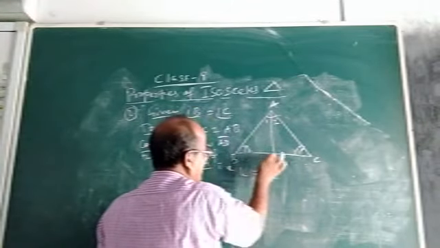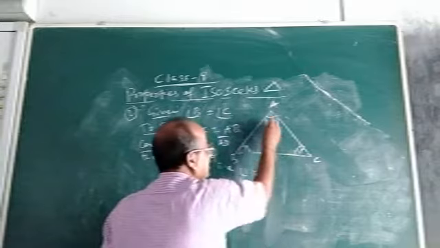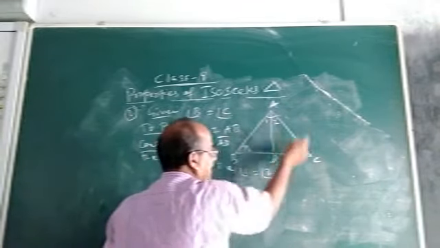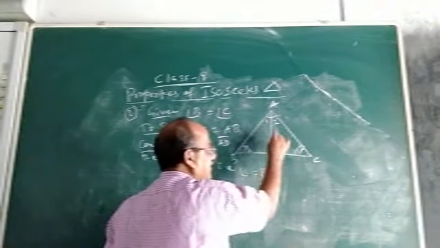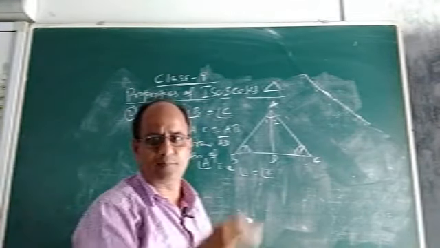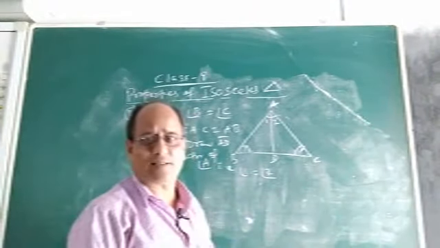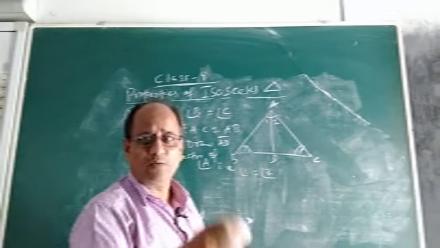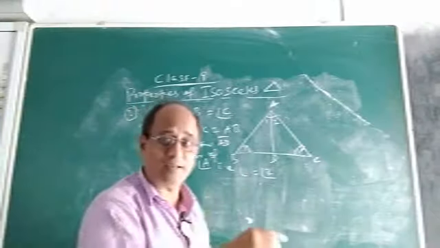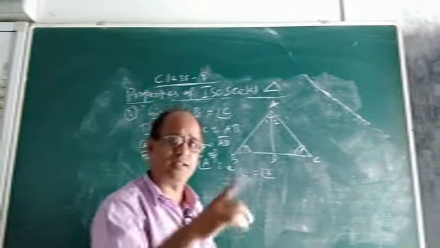In triangle ABD, this angle 1, and in triangle ACD, this angle 2, they are equal, it is given. You recall the angle side congruence condition: if two angles of one triangle are respectively equal to two corresponding angles of another and one pair of corresponding sides other than the included side is equal, then the triangles are congruent. If the included side is equal, then it will become